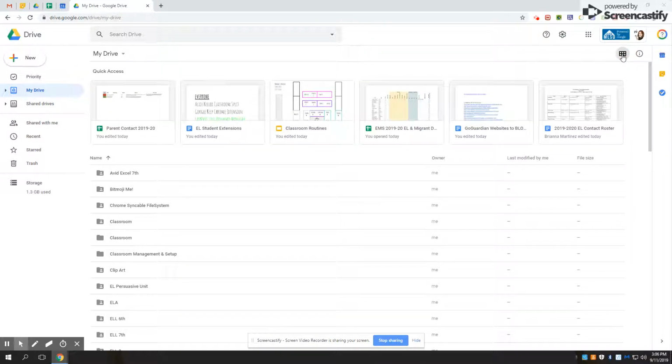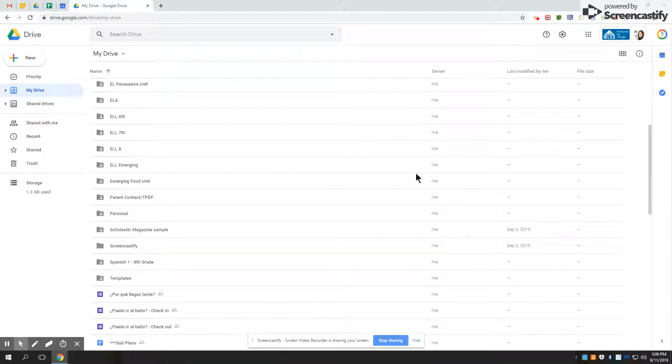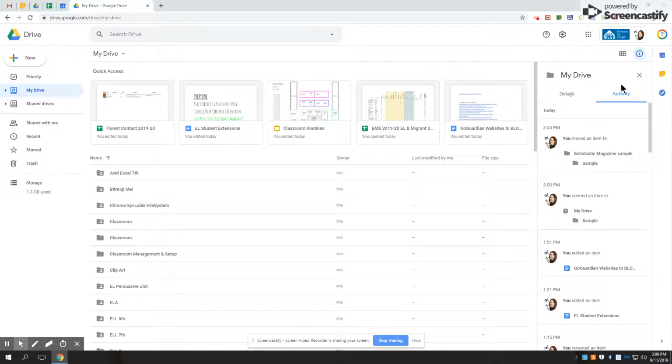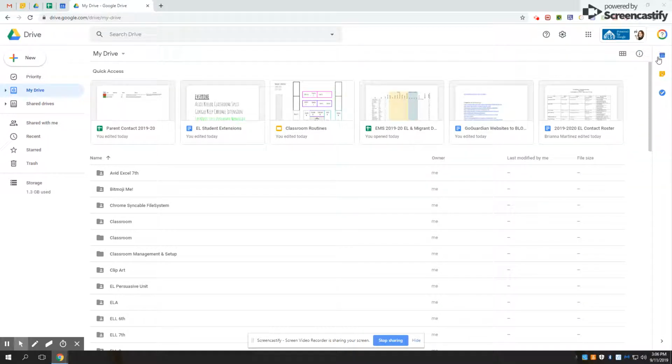There's different ways to view. So if that works better for you as well, to have it viewing like this, that's perfect as well. And then my drive, you look at the activity and all of that. Over here, we have a link to calendar, to keep, and to task. They're all interconnected. So if you have, for example, this guy here,